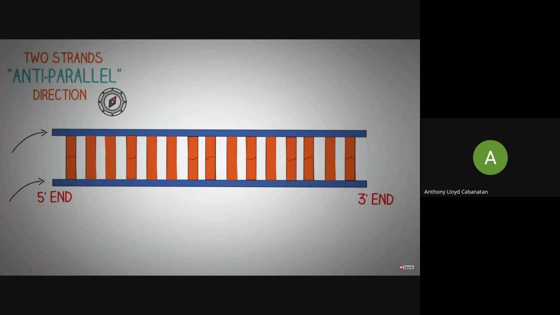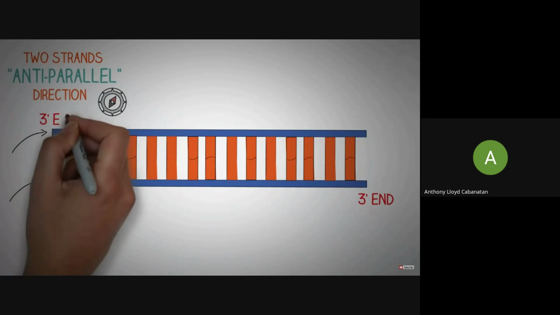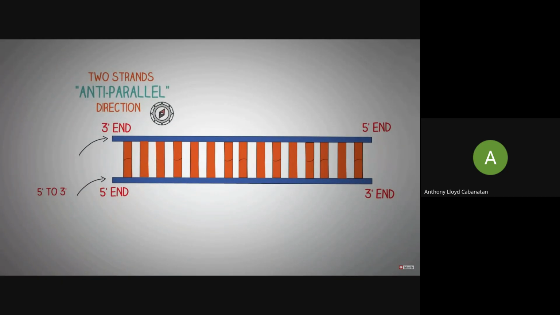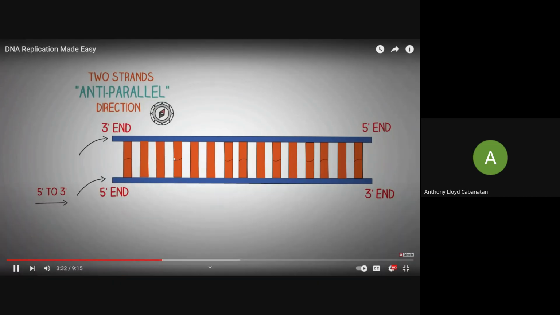And since the strand above is running in completely opposite direction, it will have its 3' end on this side and its 5' end on this side. So due to this, the strand below is said to be running from the 5' to 3' direction, and the strand above is